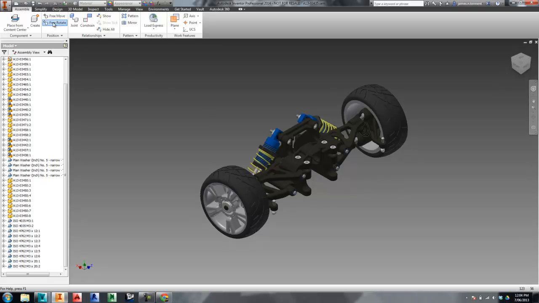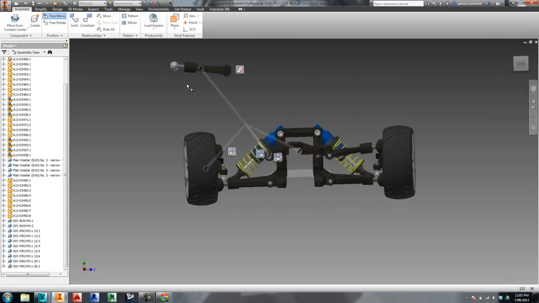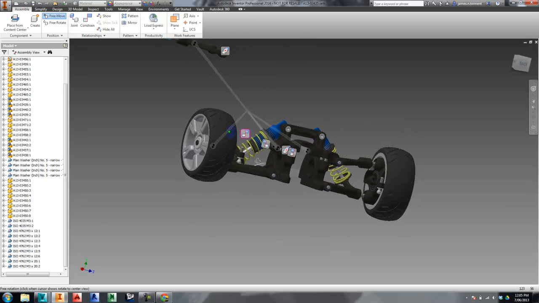The other thing we can do in our constraints visibility inside the graphic window is, we can now free rotate, free move the component we want. As I move it away, you can see these little lines that are highlighted now. This is telling me that there are 2 or 3 components that this component has been constrained to. So if I wanted to know how this is constrained, I can see that you've got this line here saying you have a constraint between there and there,